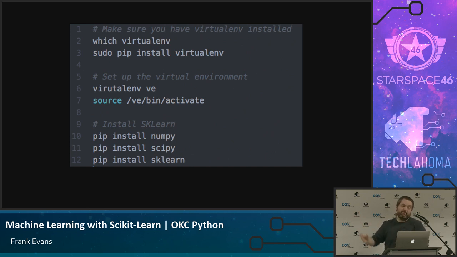So just see if you've got virtualenv lying around installed. If you don't, spin one up. I always call mine VE because I'm highly creative. That way I always know where it's at in my folder. And then just source the activate so that it will fire up your virtual environment, and then just pip install NumPy, SciPy, Sklearn, and you're home free. This whole thing from dead scratch takes 15 seconds, and you're in good shape. So more for the permanent record than for you guys literally today. If you're on Windows, I apologize. Try this anyway. It might work.